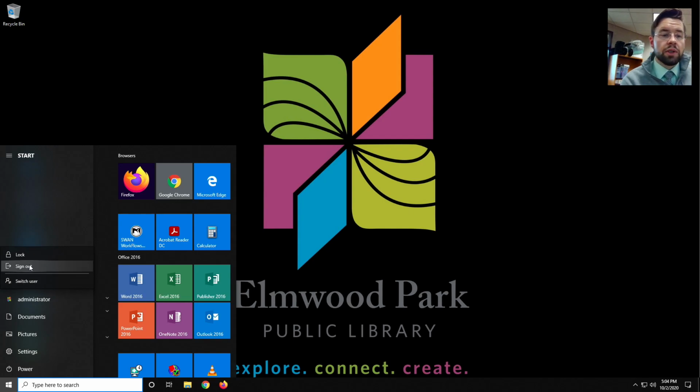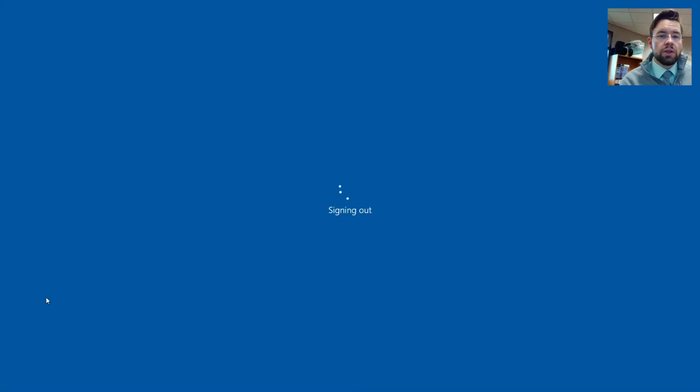If you're getting up to go to lunch or something, you might want to just hit lock, although your computer should lock automatically after 15 minutes. But yeah, go ahead and lock it up. If you just need to switch to a different account real quick and you don't want to log out, you can use the switch user. But if you do want to log out, then you're just going to hit sign out right there. And that will take you back to